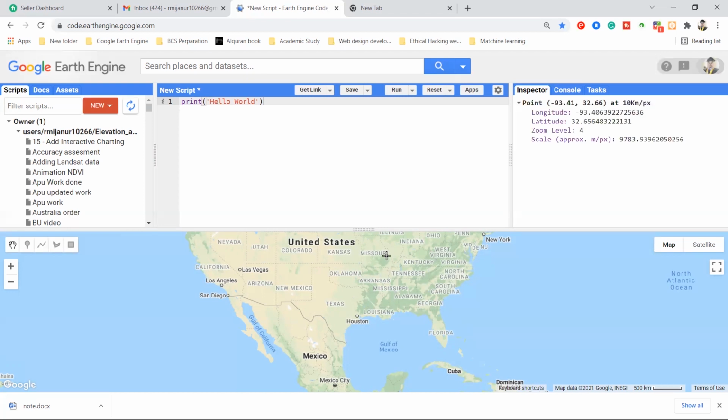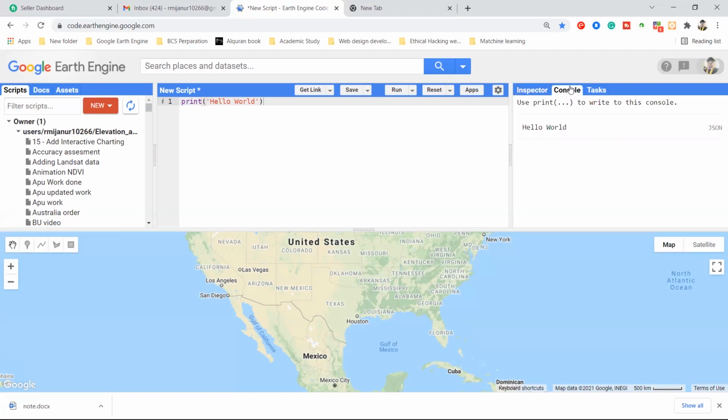But at this time, this is the blank map. So now I can see here this is the longitude, latitude, and zoom level of these places. I can get only this result. So you can remember that the inspector tab is only used for the map querying result. It can get the result of map querying, okay?